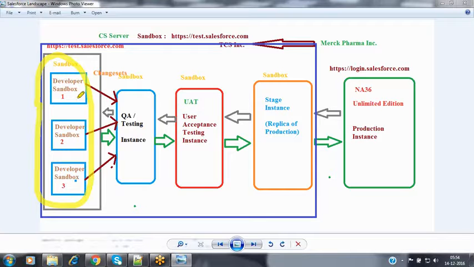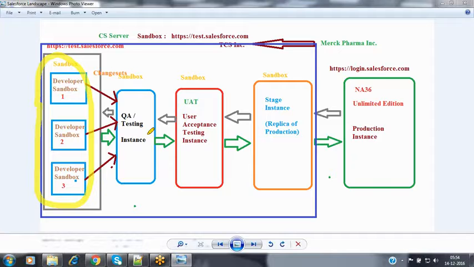Once the unit testing is done, then we are going to move that code from the developer instance to the QA instance so that the QA people can access this functionality and start testing it here. If there are any defects, they can identify those defects by executing some test cases which they have prepared. So at that time, in order to do the testing, whatever data or records are required for the testing people, those test beds or test environments we have to prepare as a developer.